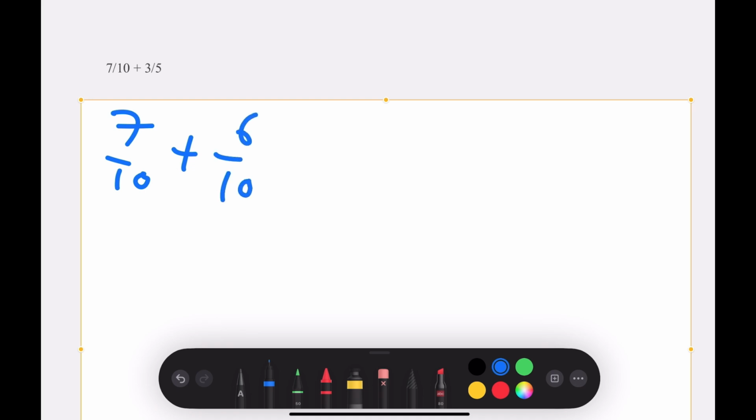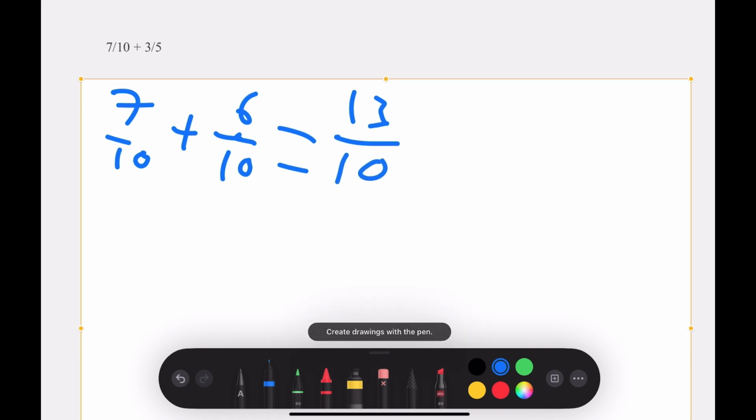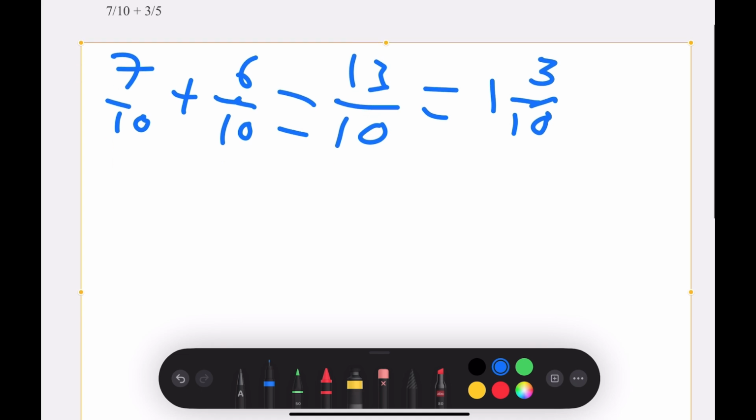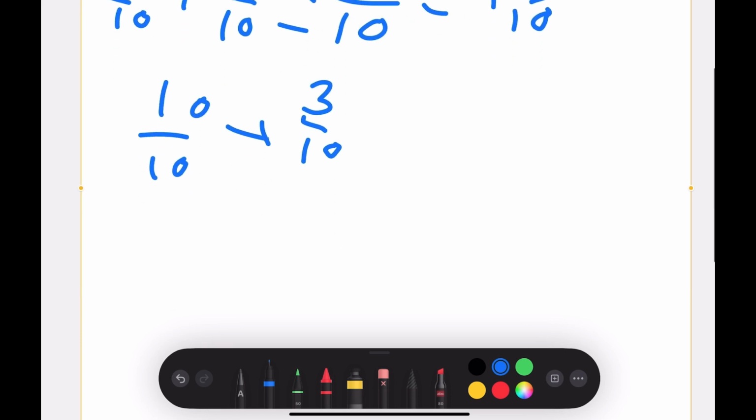As we've multiplied the bottom by 2, we also multiply the top by 2. Now we add the top parts of the fractions to get 13, and the bottom stays the same. So we get 13 over 10. After getting 13 over 10, we can rewrite it as 1 and 3 over 10, as 13 over 10 is the same as 10 over 10 plus 3 over 10, and 10 over 10 simplifies to 1. So it'd be 1 plus 3 over 10, and that is the same as 1 and